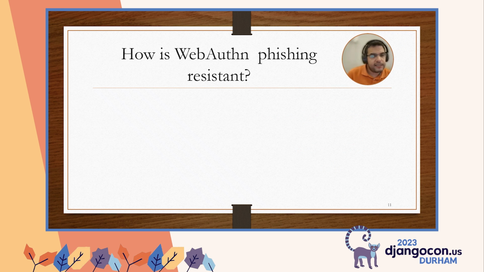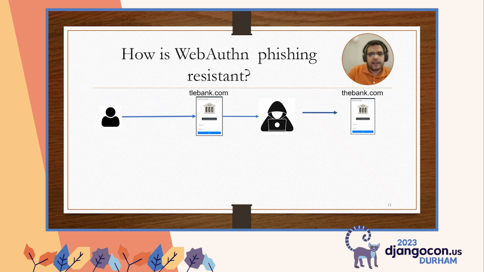So now let's see how WebAuthn is a phishing-resistant technology. Here we will assume that there is a phishing attack against thebank.com. The attackers are trying to gain access to the customer accounts to be able to reach their bank accounts and transfer money outside. So they were able to trick the user into using a fake bank site. In a live man-in-the-middle attack scenario, the attacker will enter the information received on the phishing website